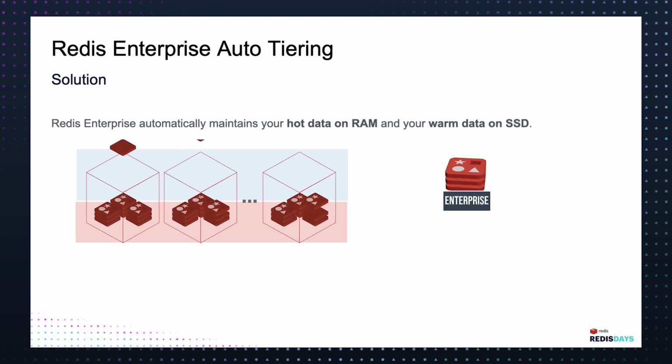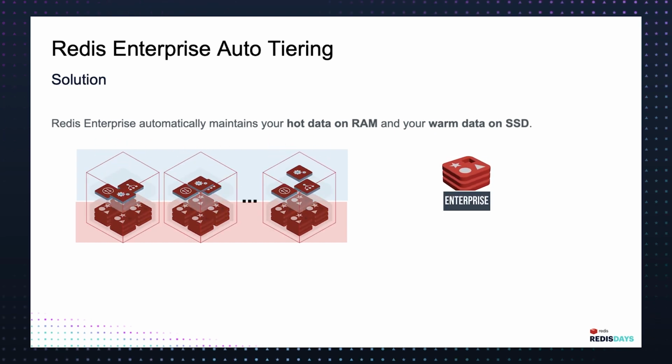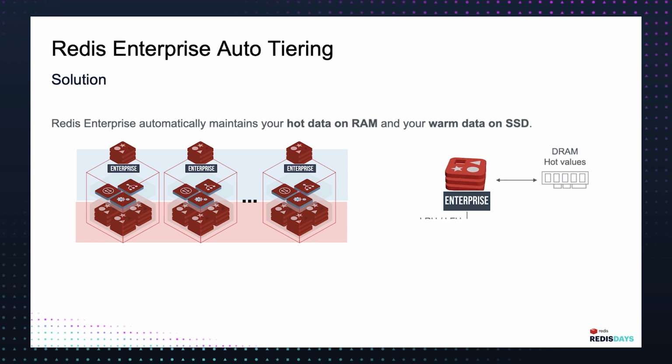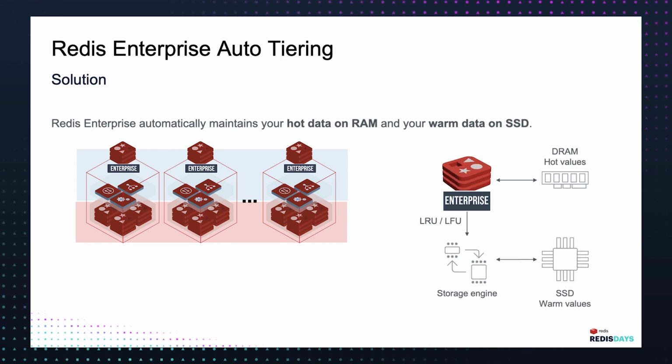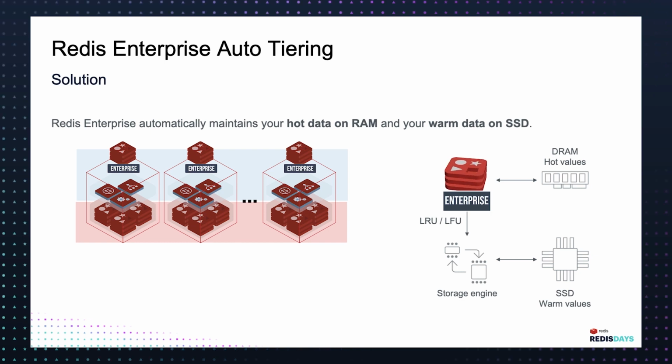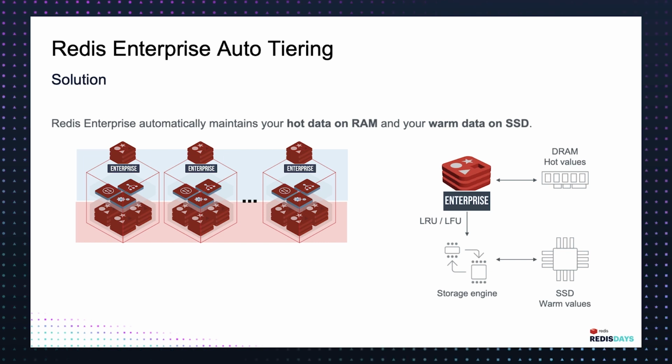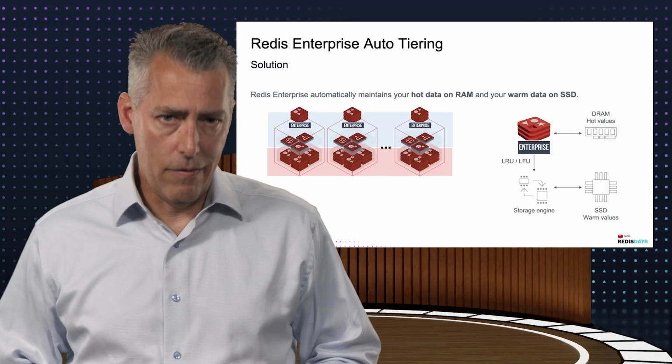Redis Enterprise introduced a solution to this problem. Now, it can't be used as a silver bullet for every use case, which we'll explore more in a minute, but it can deliver a significant cost savings in a number of very common scenarios. The solution is to store the most frequently used data in RAM and let the warm data reside on cheaper, high-performance storage. There is a performance and cost trade-off being made here, but the benefits can be significant.